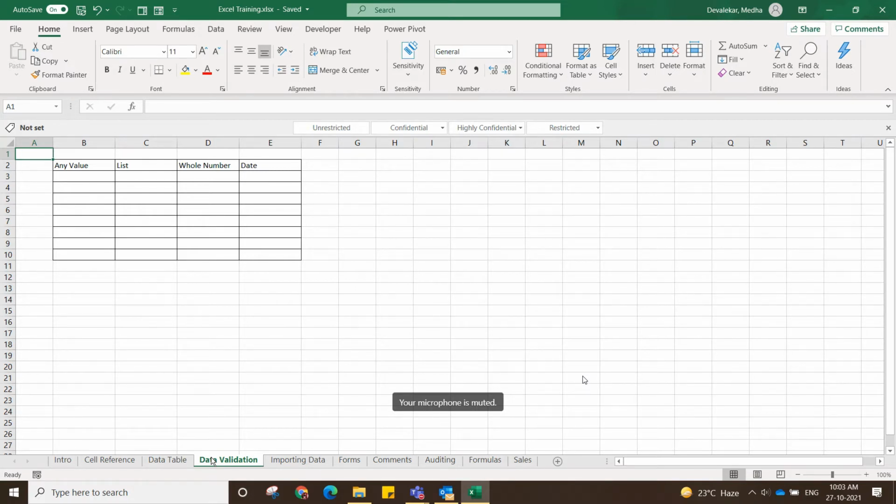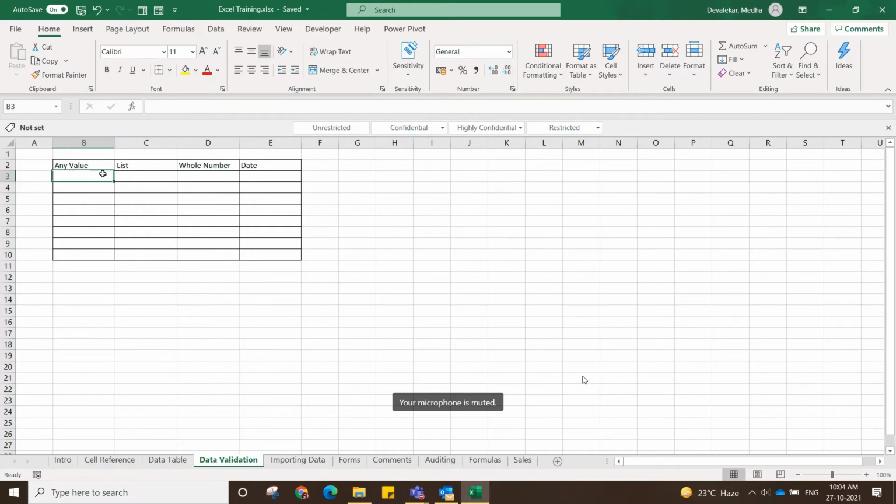Same kind of thing you can do with the help of Excel also, because as we work on Excel, if we give this Excel to someone else and ask them to fill it, there might be a possibility that person will enter data which is not in a proper format. So how will you restrict that person to enter the data into a proper format? By applying the validation into the cells. So how you can do it, I'll show you.